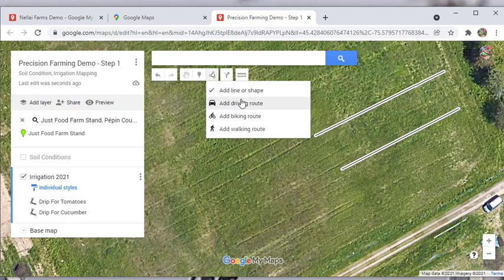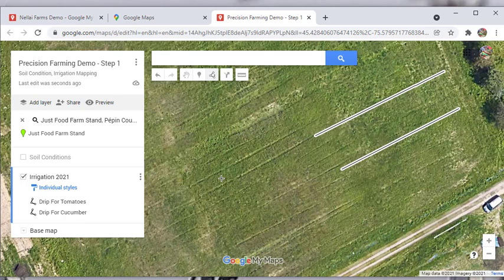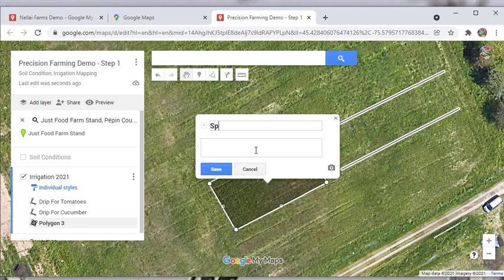I can actually make a polygon for the sprinkler system I add here. So I can say sprinkler for flowers and herbs.